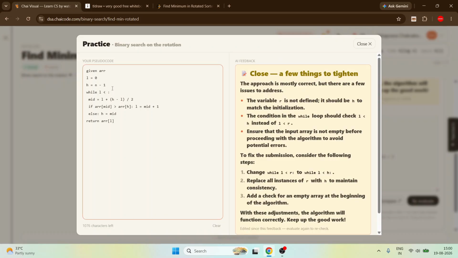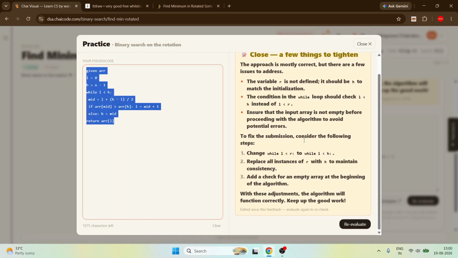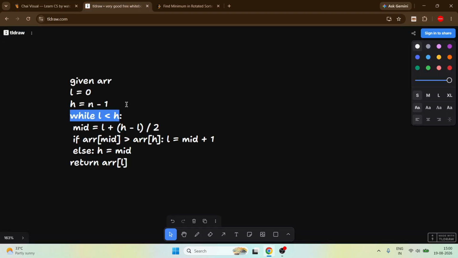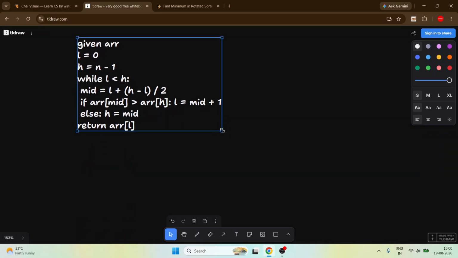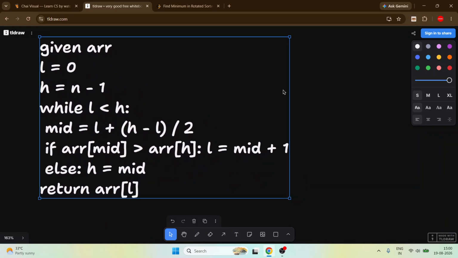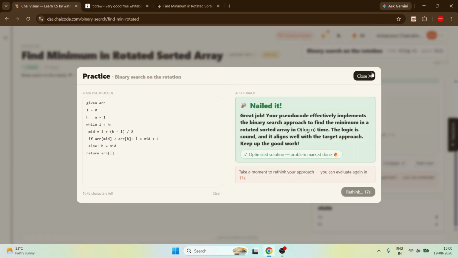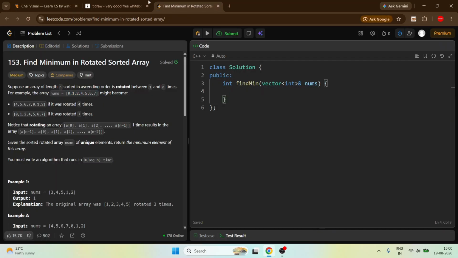And this one also should become H. This will be our pseudocode, simple pseudocode. Yes, we did it. Now come here, follow this pseudocode and write it.